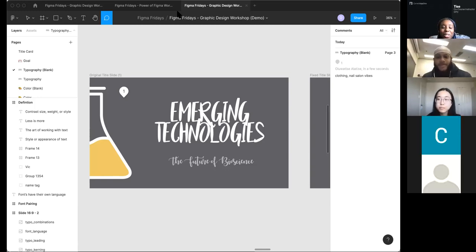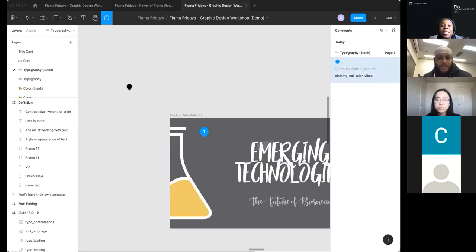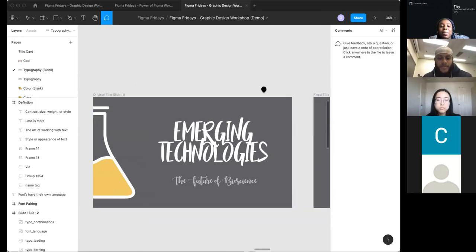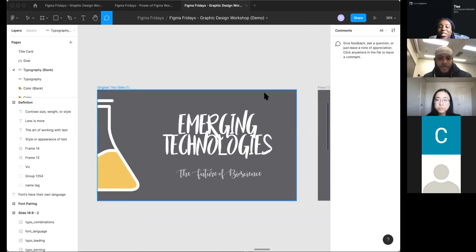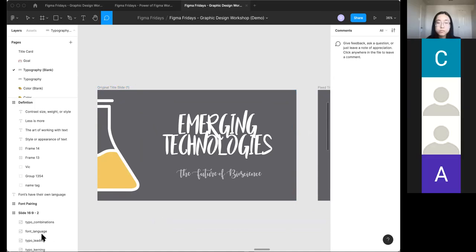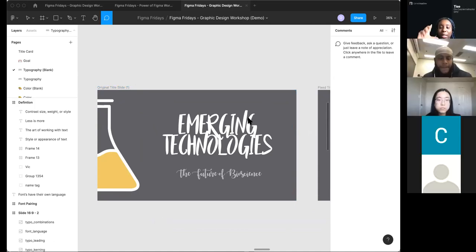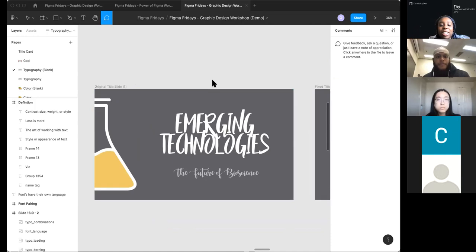This title, first, the font does not fit the context at all. Like Connie said, it's a very script decorative font, and this is supposed to be a very scientific, professional presentation. And then, like you said, the letters are also very squished. So "emerging technologies" almost blends together, and it doesn't have the emphasis that it should. So an easy way to change this is